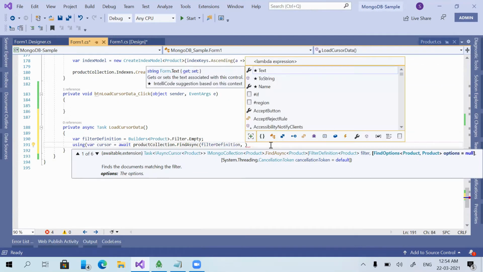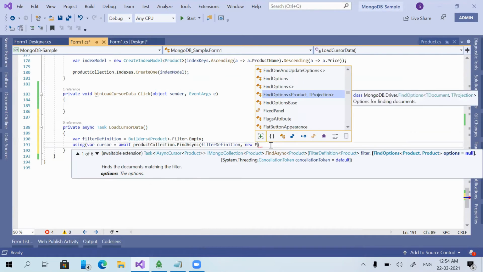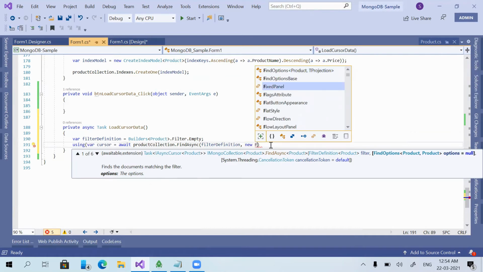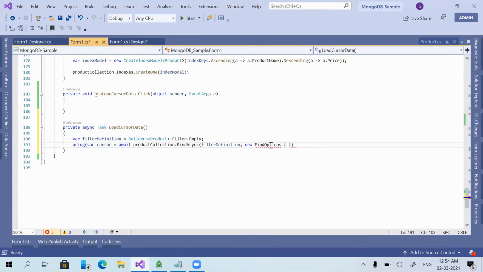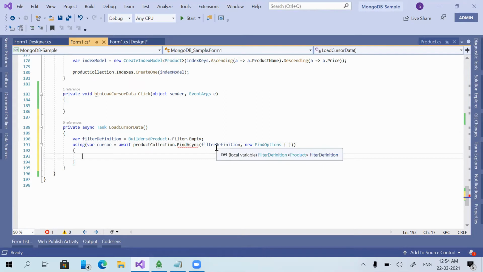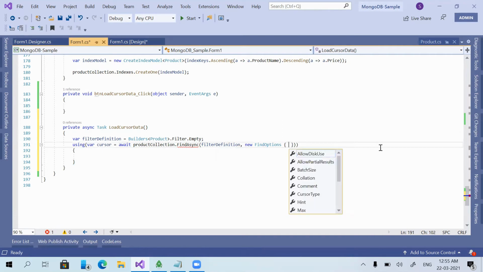Then we can also give some more parameters along with this. When you find option, I'm giving batch size equal to 100.